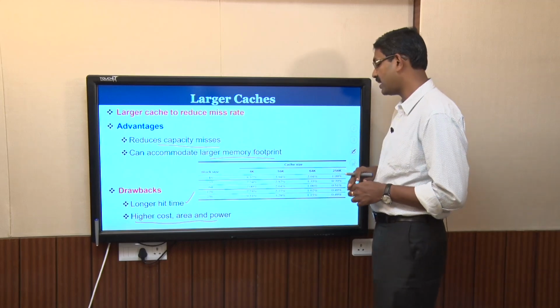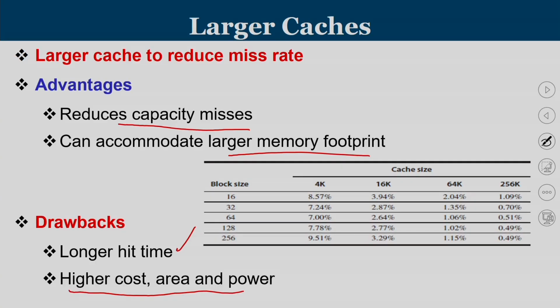This is a fair comparison chart considering one particular cache. Let us say this is your 4K cache, this is going to be a 16K cache, this is going to be a 64K cache, and you can see what the miss rate is. You can see that the miss rate values are coming down from 8.5 to 3.9 to 2.0, and then it still goes down. So this is a fair comparison of block size variation and cache size variation, and in what way the miss rate is going to be impacted. These numbers are taken for a particular application. It will slightly vary when you change from one application to another.